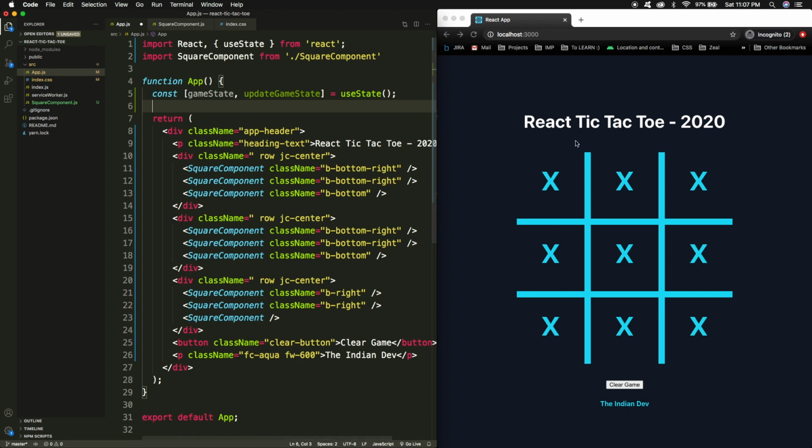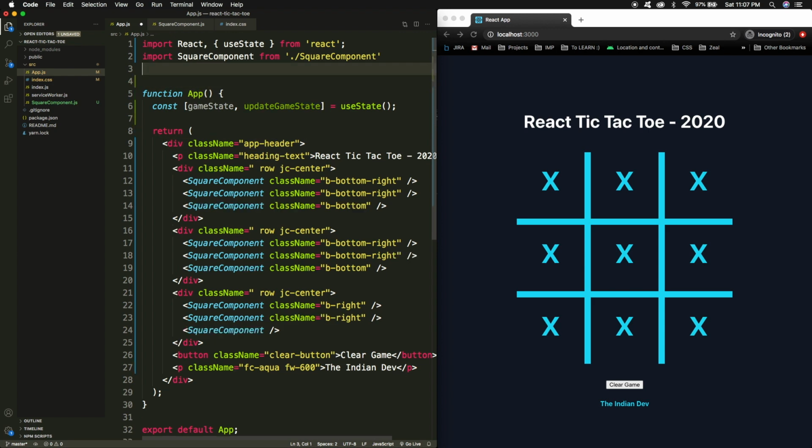If we discuss the logic of the game state, we need to have values for all the 9 squares. So I'm going to define here the initial state, and inside the initial state I want an array of 9 elements